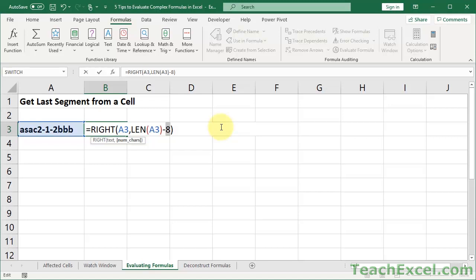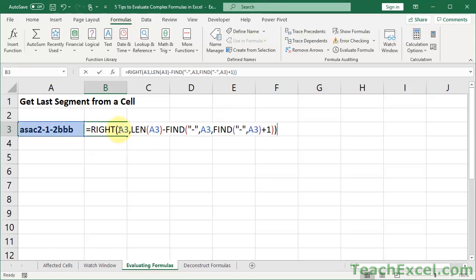So I've done a few levels of the calculations right now, but if I hit Control Z to undo that, it will only undo the very last one. So what do you do if you've used this feature a few times? Hit escape. If I hit escape, it takes us back to the original formula. If you hit enter, it's going to save it with those numbers in there, and it's going to remove part of the formula. So all I did is select a piece of the formula you'd like to evaluate,